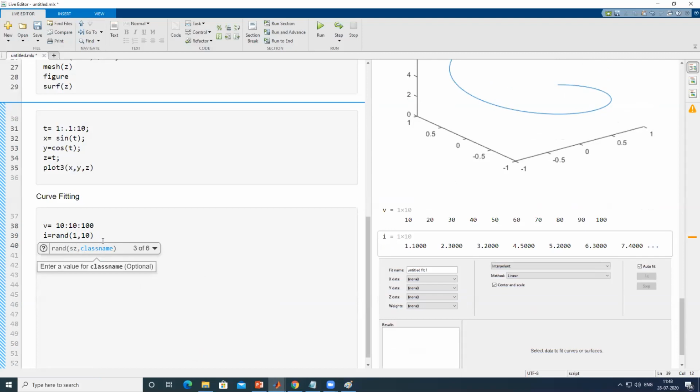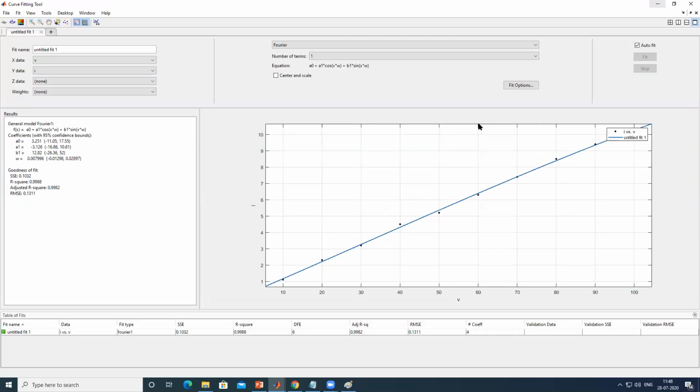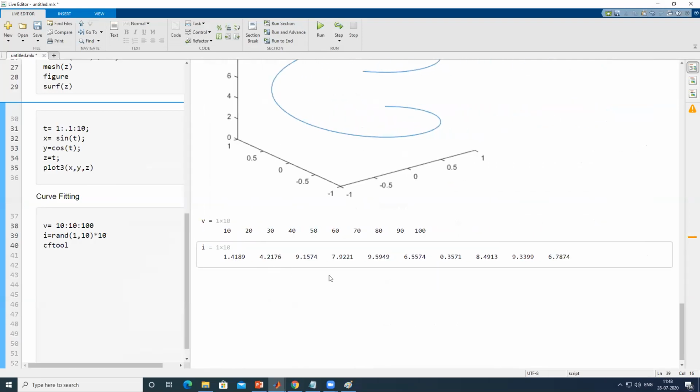This random number will be generated between 0 and 1, so I'll multiply that with 10 and let's see. Run.